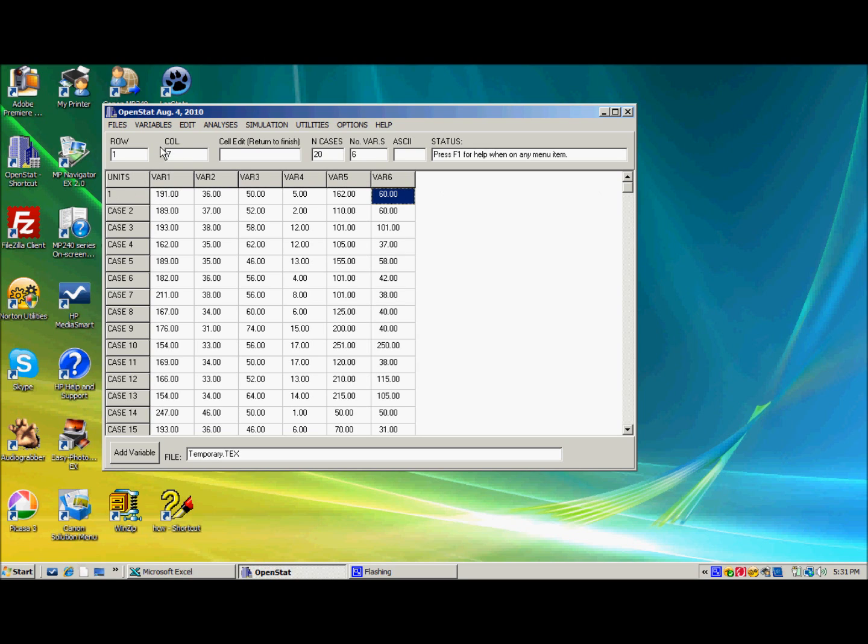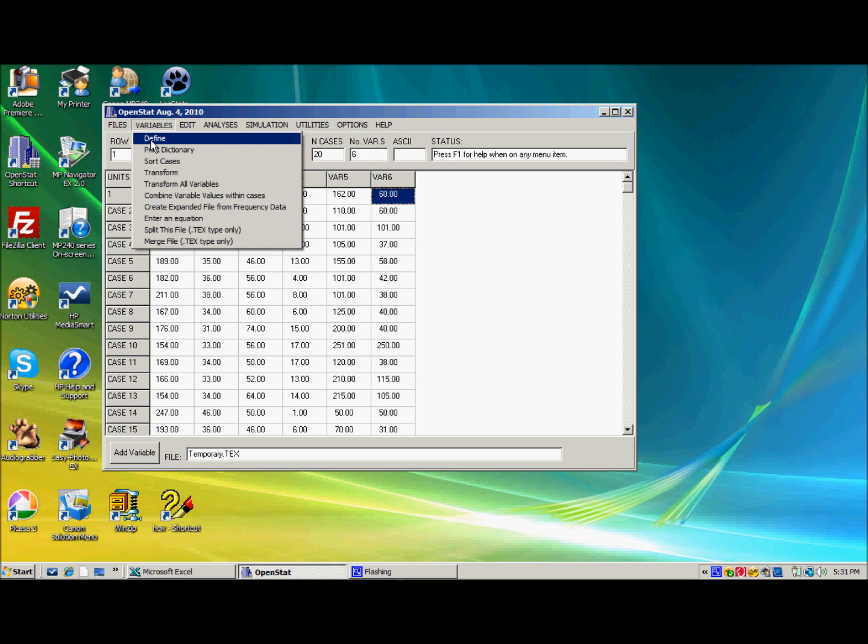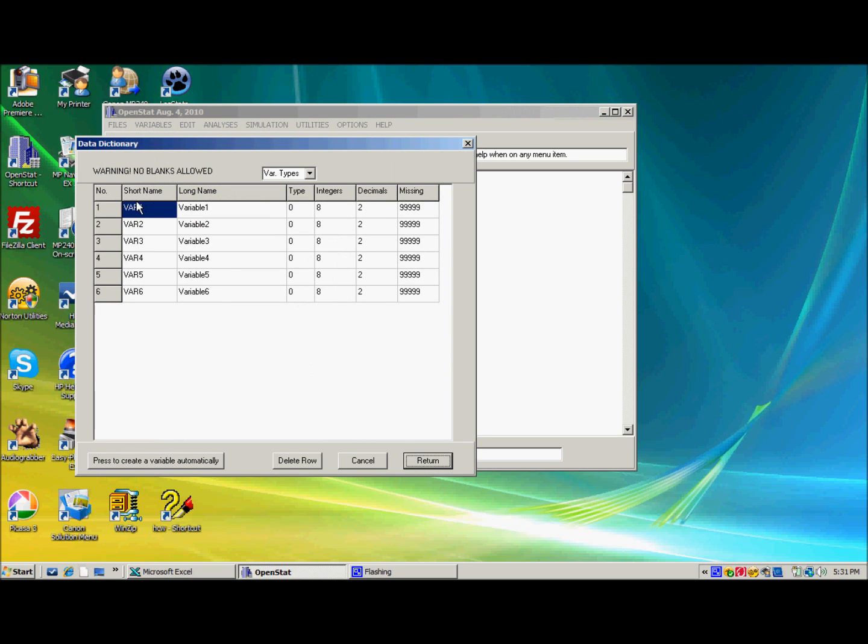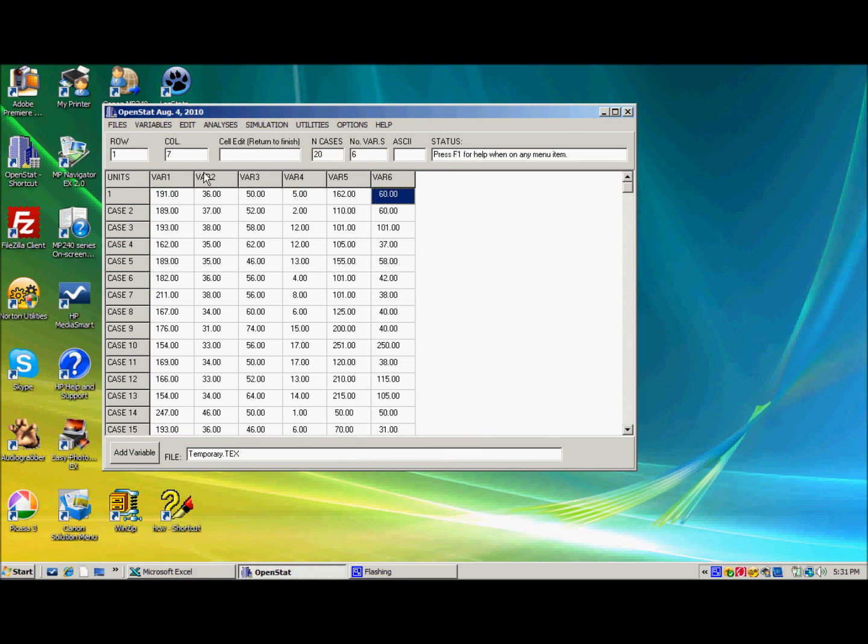If I want to use the original variable names, I would have to go to the definition again and change each of these variable labels. I'm not going to do that at this point. I'm just simply going to cancel, and to check to make sure that the data are analyzable,